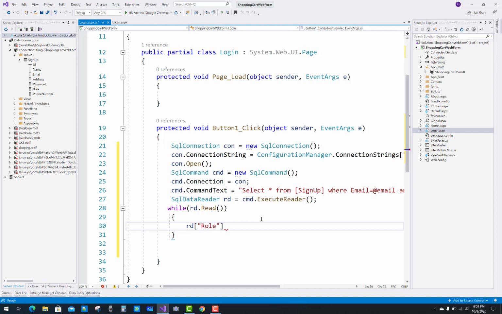By using the reader, you have to read the role and assign it to a role variable with ToString.